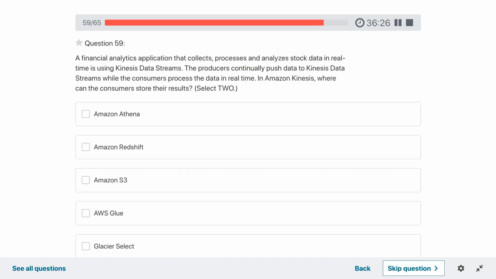A financial analytics application that collects, processes, and analyzes stock data in real time is using Kinesis data stream.